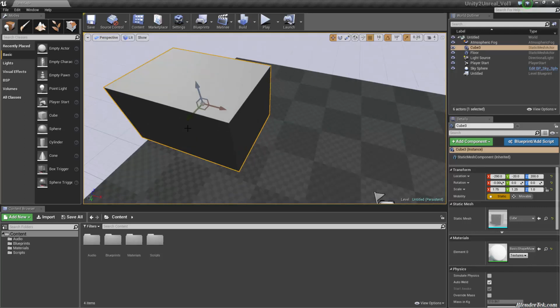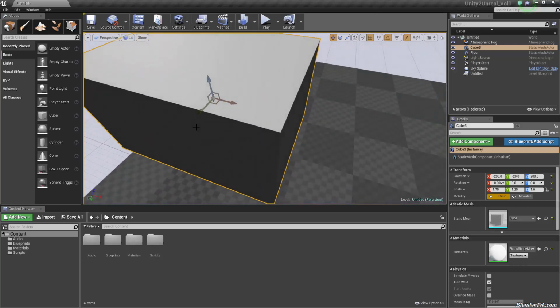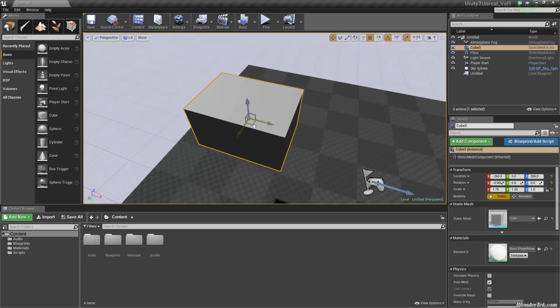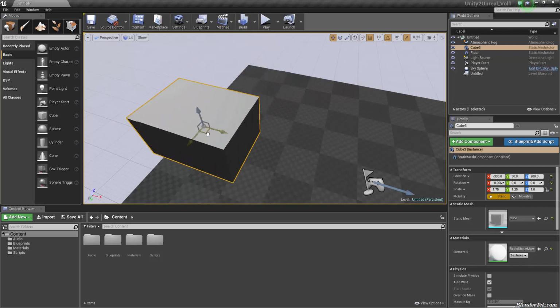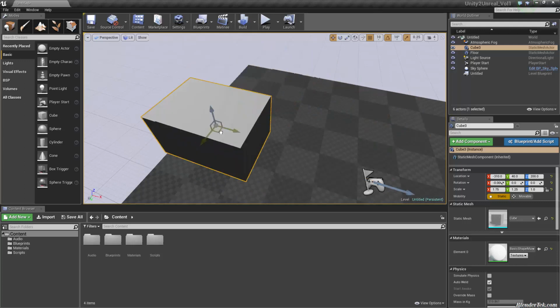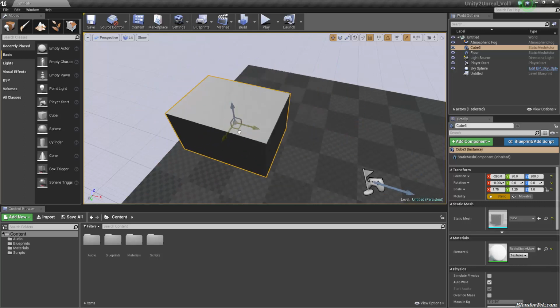So anyways, what I think is very cool that Unreal has come up with, and like I said, I'm sure there's an add-on on the Unity Asset Store, but like I said, I can move it in 1 axis, but if I hold my mouse in these corners of this little area here, I can move it in 2 axes at once. So as you see, if I grab right there, I can move it along only the X and Y. So you can see I can move it along the Y and the X at the same time, but not the Z. So I could move it horizontally, but not vertically. So horizontally in any direction, but not vertically.